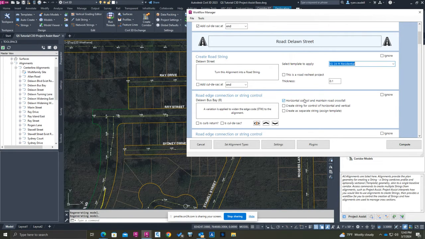So in the bus bay, I've got different ways I can control it, but notice here, horizontal control and maintain road crossfall. What that's saying is I'm going to use your road template, and I'm going to stretch the edge of travel way to meet up to the edge of this bus bay, which is the way I want to design it. But if you want to design it in more detail, you also can create a string. Now a string means that it's going to create an alignment geometry on the bus bay, or it's actually going to use the alignment you've got there, and it's going to convert it over so you have a vertical profile that you can edit